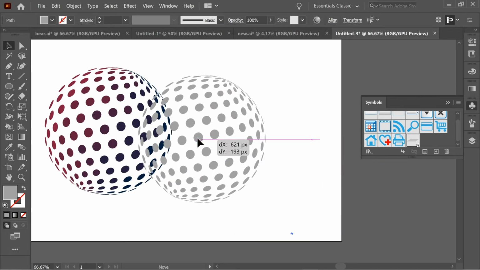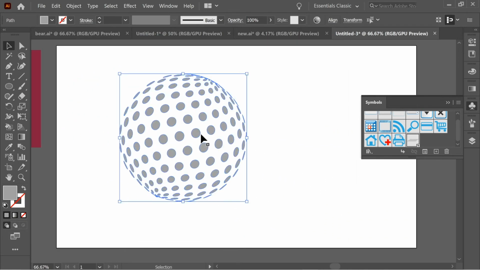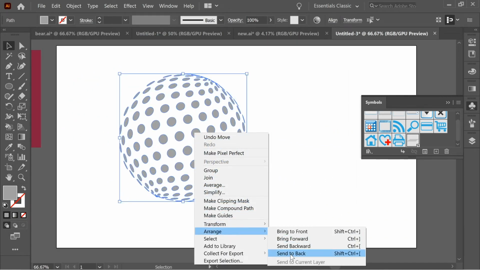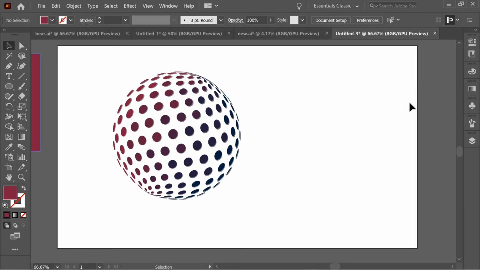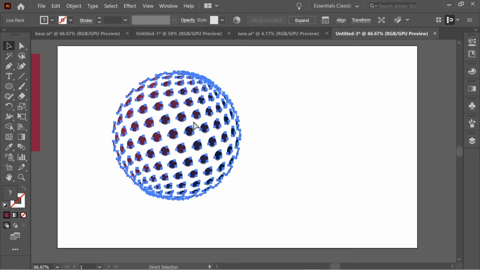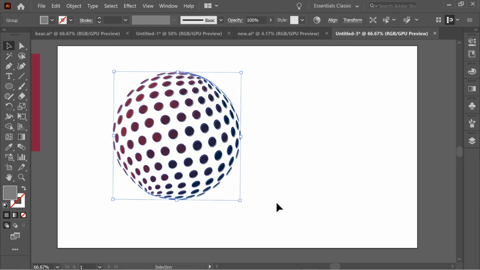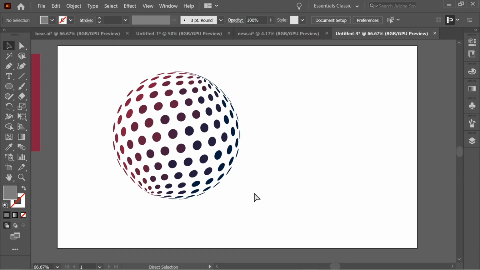Select all of it and place it on it, and right click, arrange, send to back, and just with the arrow key move it slightly to the left. Or you can just remove the shadows. Just select the colored ones, Ctrl+2 to lock, and select all the shadows and delete, and then unlock Ctrl+Alt and 2,